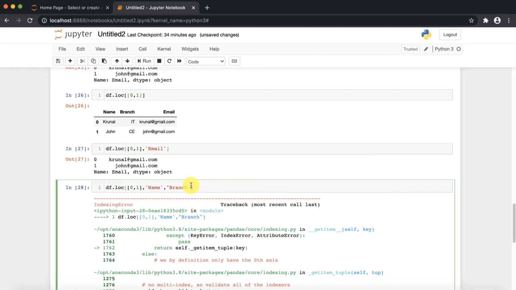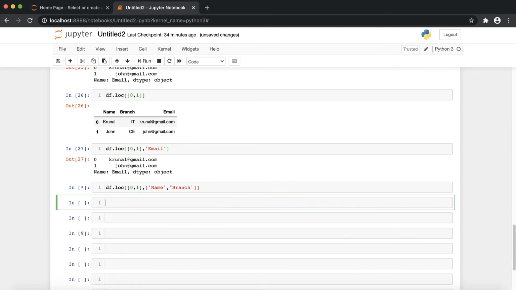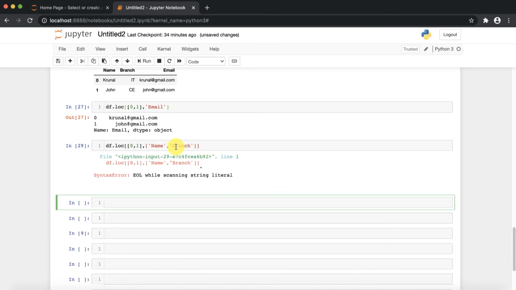Again, we need to provide a list because we want more than one column.